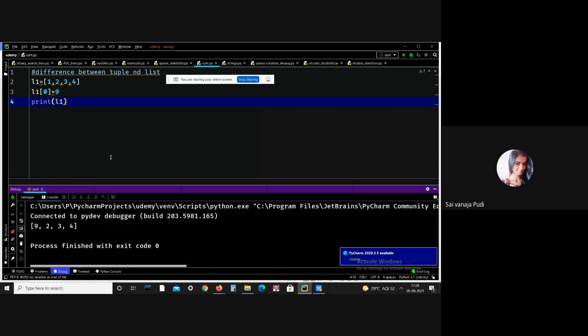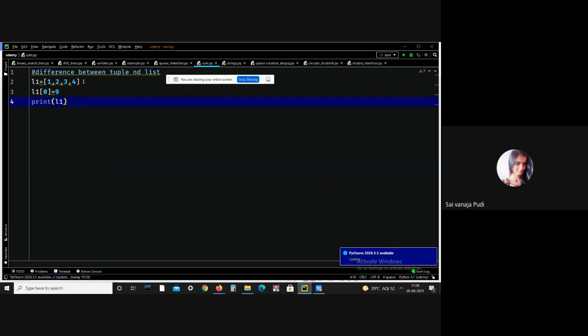See, I got the output 0, 2, 3, which means we changed the zeroth index element from 1 to 9. So the list operation is performed perfectly. Let me perform the same operation on a tuple.